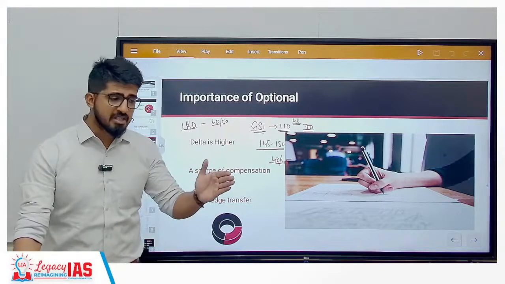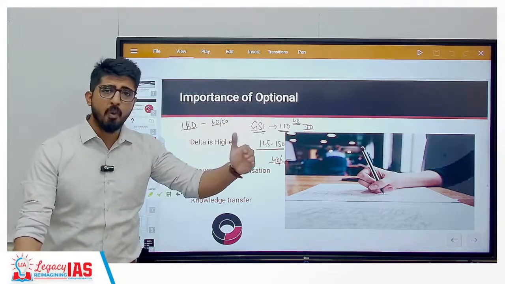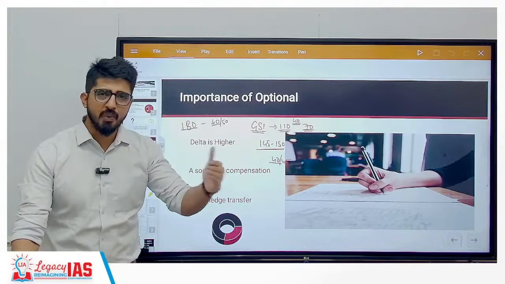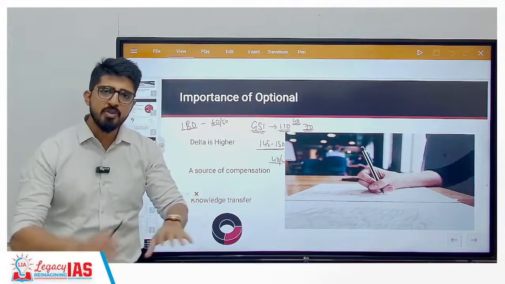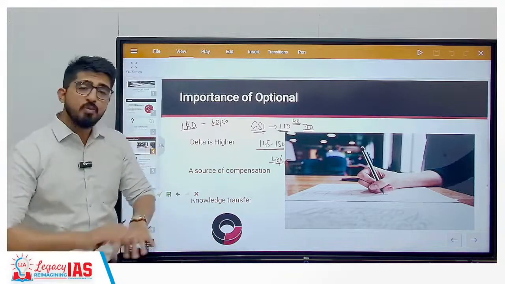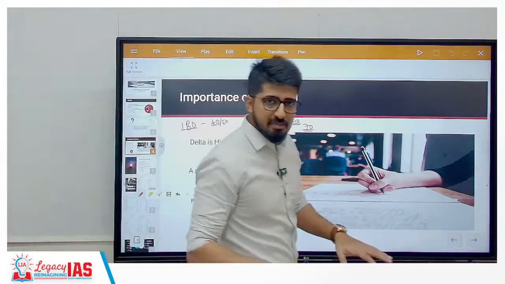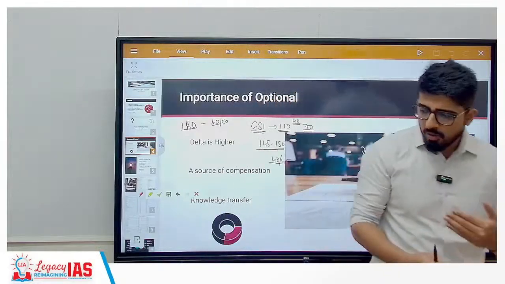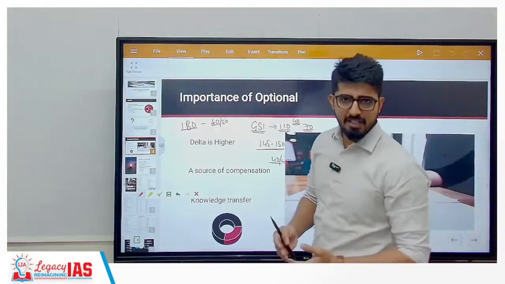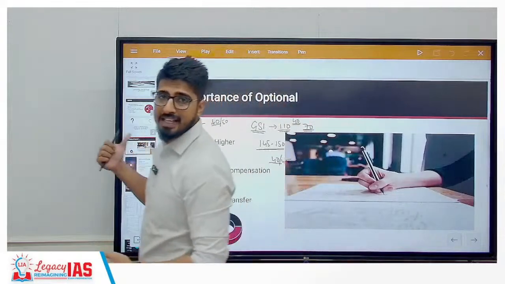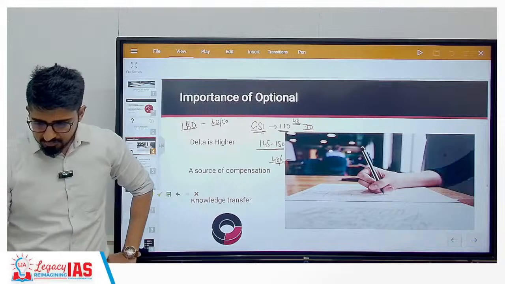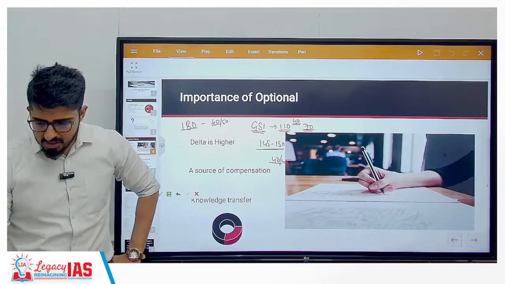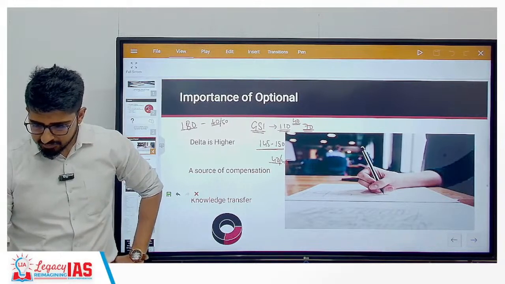GS subjects generally get stagnated at a point like 120, 125. Beyond that, you will not be able to score. Why? Because everybody has almost the same knowledge related to GS subjects, and everybody will be writing the same answers. You can't expect the same in these papers. Clear? If you have any doubts, you can ask me.